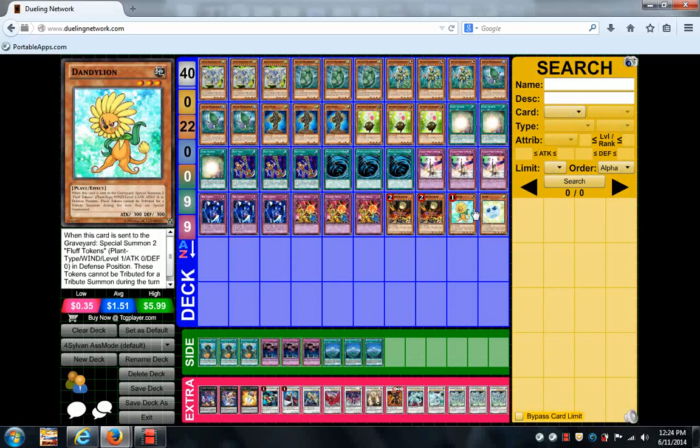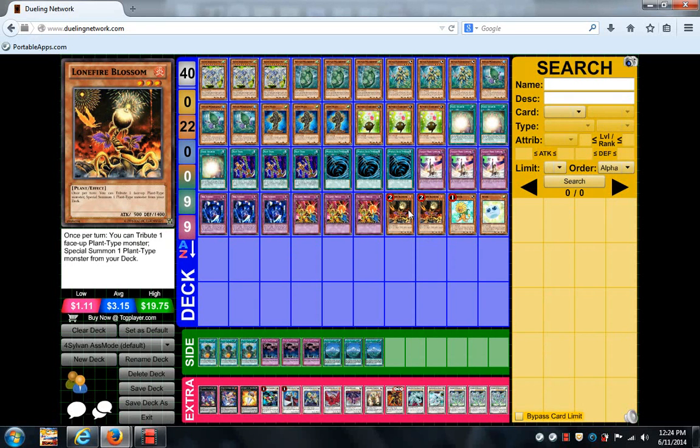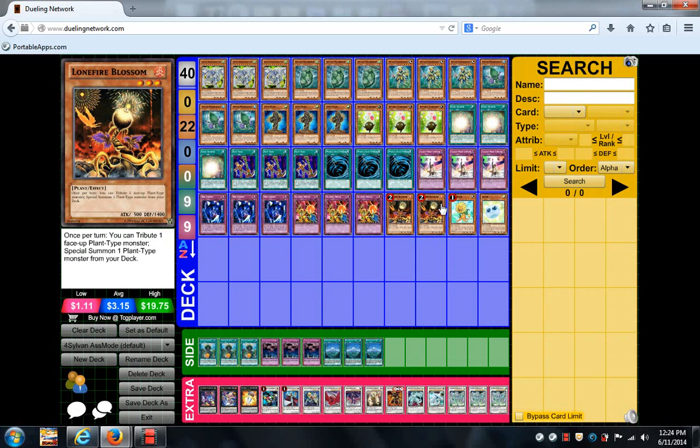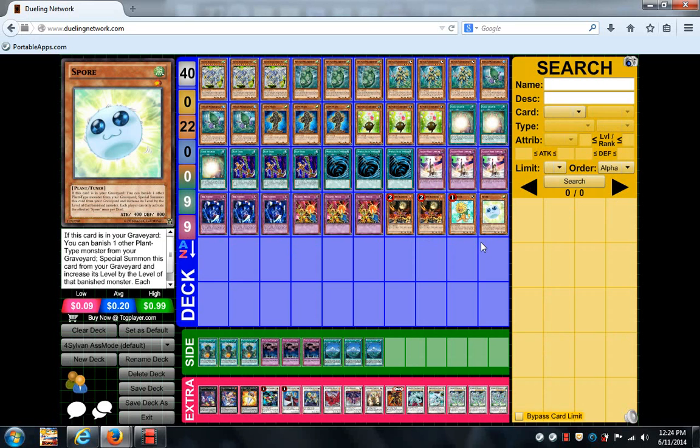Right? Then use Soul Charge. Bring back both Lone Fires. Use 1 to tribute himself to bring out Cosmo Beat. Then use the second Lone Fire to tribute Dandelion, right, to bring out Spore. And then your field should have